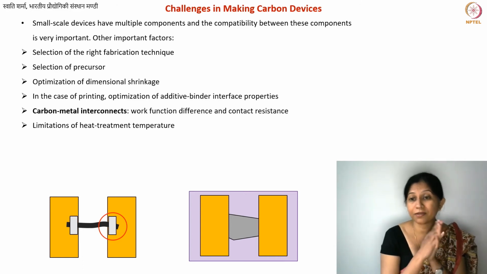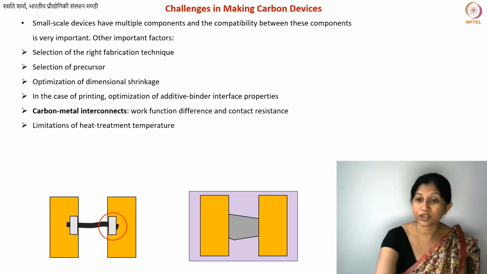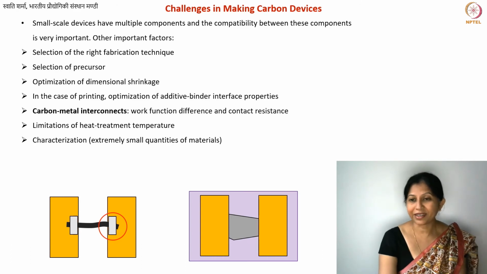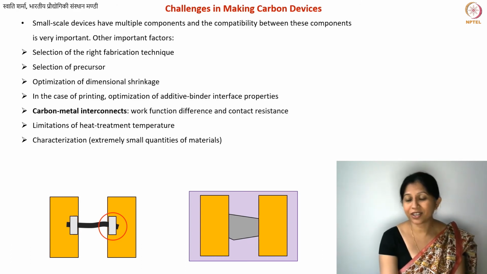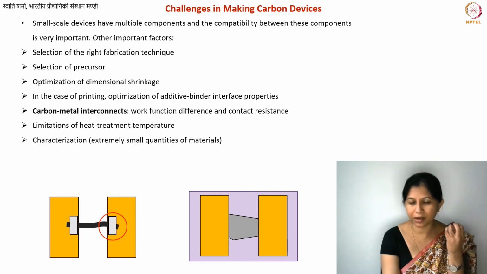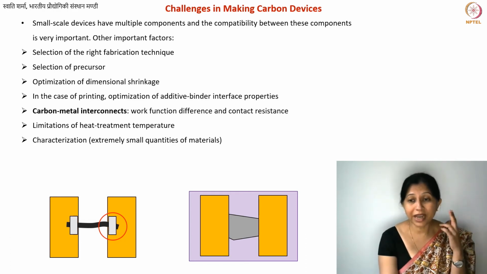Of course, if you use a substrate that can go to very high temperatures, maybe you can use slightly higher temperatures. Okay, so this is one limitation for sure. One more interesting thing is the characterization. So characterization techniques, whatever we have talked about, XRD, Raman spectrum, they require a reasonable amount of your material, at least a few micrograms, in some cases even milligrams. So that is very difficult.